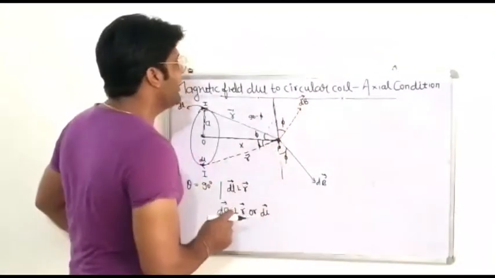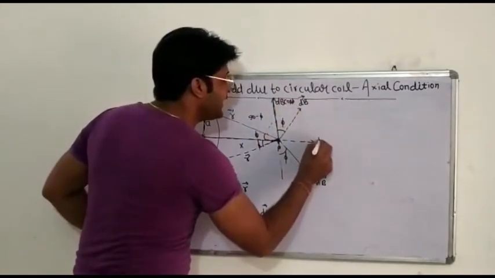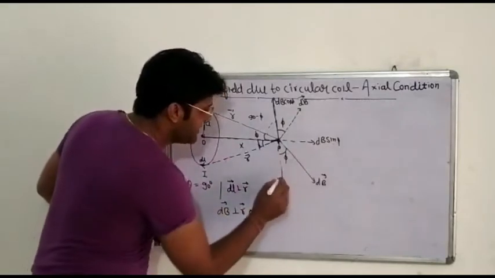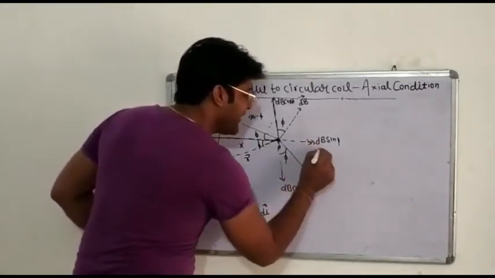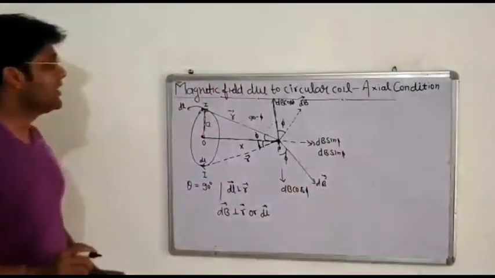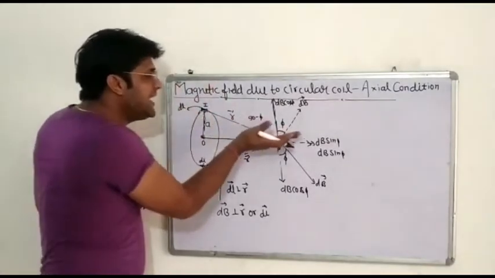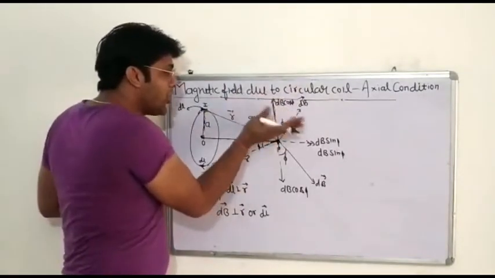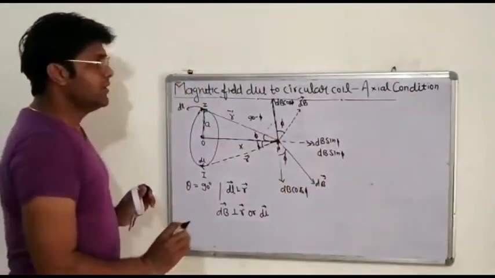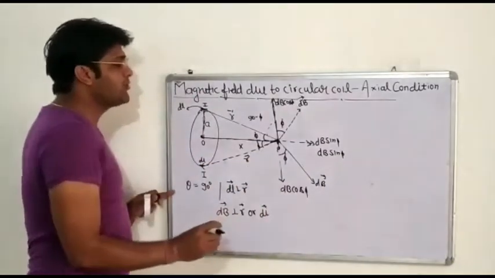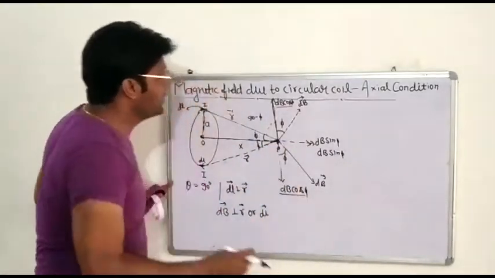Students, if we resolve the component of dB, then we will find dB cos phi here, and along this line, that is the dB sin phi. For this is again dB cos phi. Due to this, again we will find dB sin phi. I want to clear to you one more thing here, whatever dl we consider in the upper area, we will get the dB cos phi components upward, and the dB sin phi components will all be along the axis. OK, so due to this, again for the lower element, all the dB cos phi components will be downward, so all the dB cos phi will be cancelled.